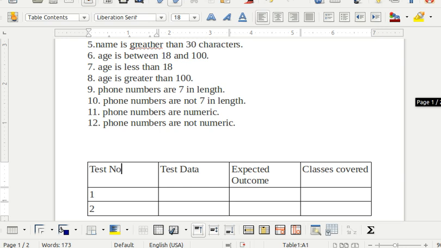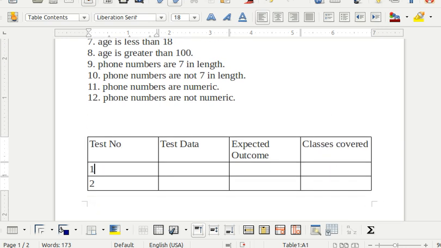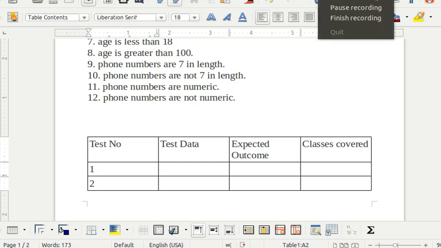Now it will become a bit difficult for me to write down the test cases, but since we're going to